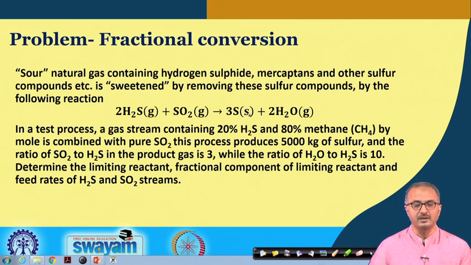When we remove the sulfur compounds, we have what we call sweetened natural gas. Raw natural gas with the sulfur compounds is called sour natural gas, and when the sulfur compounds are out, we have sweetened natural gas or sweet natural gas, not by taste but by the presence or absence of the sulfur. We are making these sour and sweet nomenclatures.